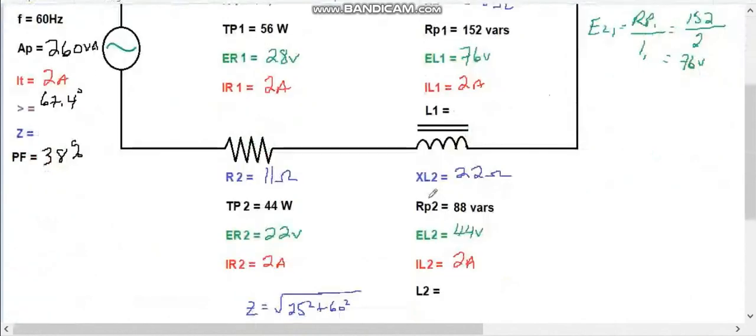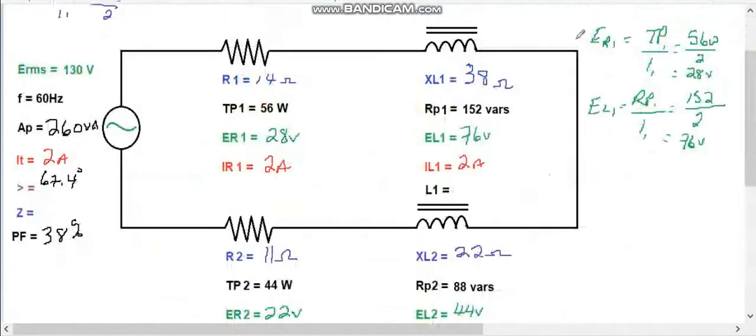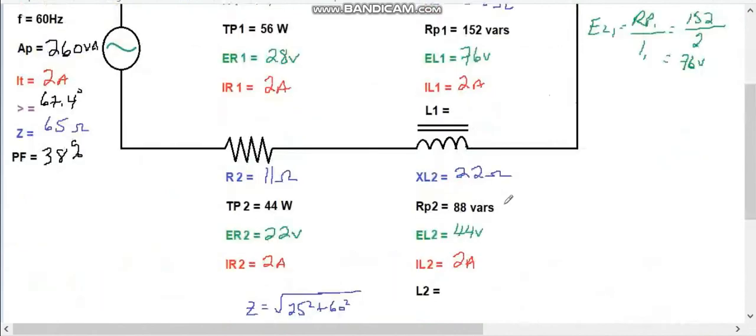Just got to get our impedance. Put that in there, and our impedance we said was 65. And then the only things left to get are the inductances. So let's take a look. So we'll go,